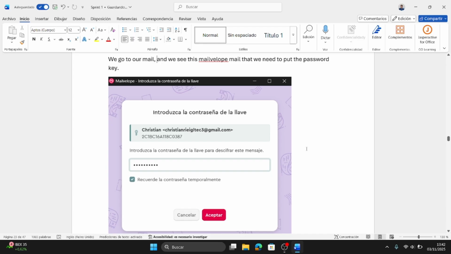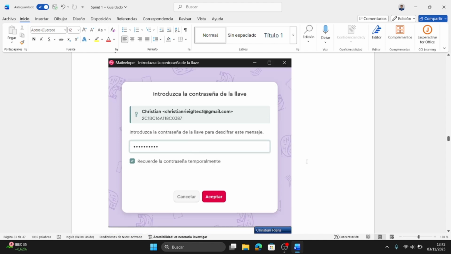Okay. When we go to our mail, we are going to see a special button for Mailvelope, and we need to put the password to activate Mailvelope in our account.